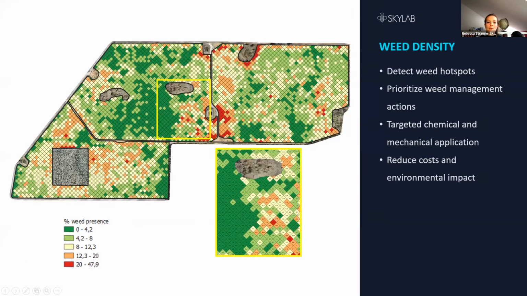Now, of course, once you detect the seedlings and remove all the seedlings from the equation, what you're left with is weed or competing vegetation, and that can also be mapped. So this is a weed density map that shows you where the weed hotspots are so that you can prioritize your management actions. If you do chemical or mechanical weed removal, you know exactly where that's necessary and where it's not. And of course, rather than blanket spraying large areas, you can really target that management. And then of course you reduce your costs and crucially your environmental impact if you're chemical spraying, for example.